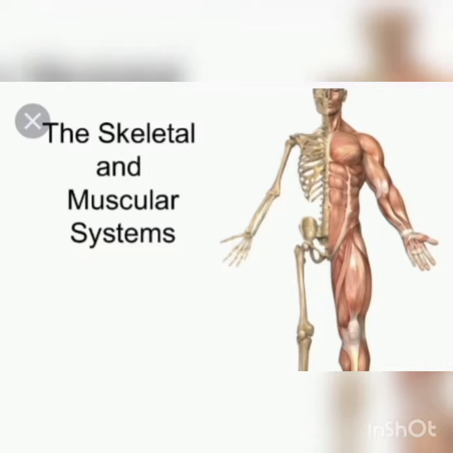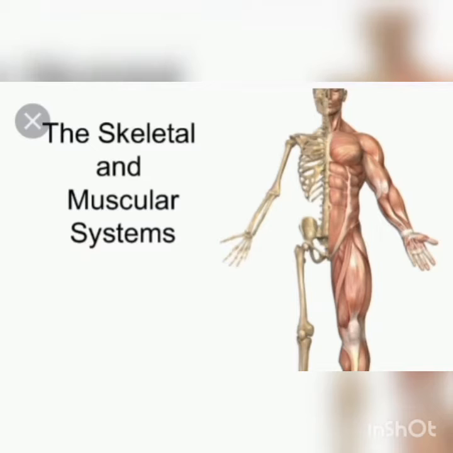Now we will start with a small introduction to the skeletal system. The skeletal system is a framework of the body that consists of bones and other connective tissues, which protects and supports the body tissues and internal organs. The human skeleton consists of 206 bones, and each bone is a complex living organ made up of many cells, protein fibers and minerals.